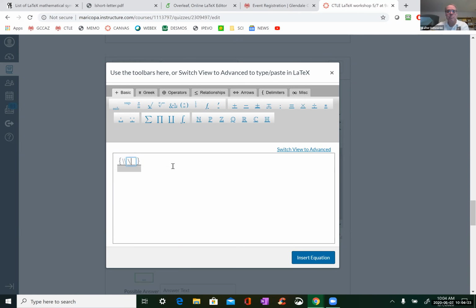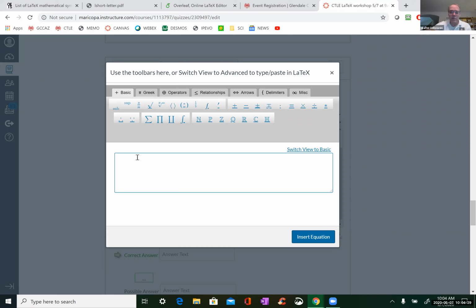See now if I do it, say plus-minus, square root, and, oh, I see it.